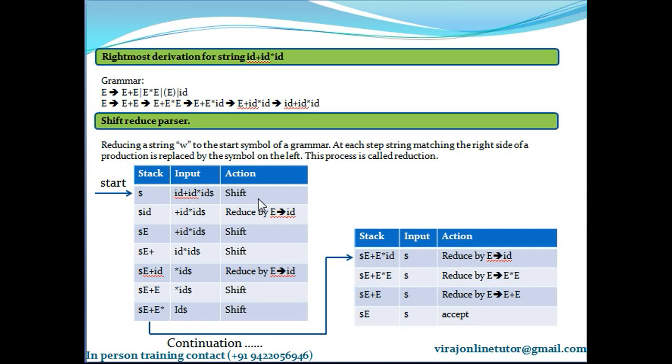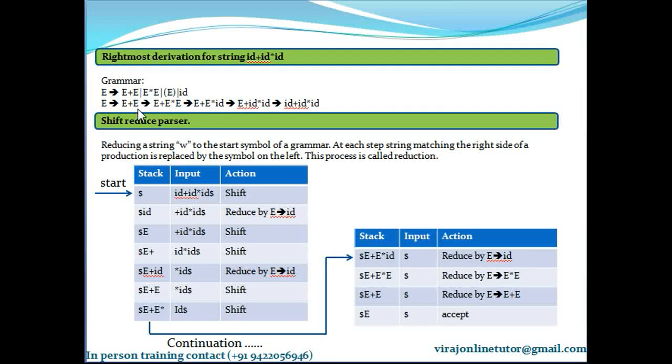Please remember, I'll give you a simple tip as far as this parser goes. It goes in the opposite of rightmost derivation. So whenever a grammar and an input string are given to you, please write down the rightmost derivation of it first. That will definitely help you while parsing using the shift reduce parser. So given this grammar and this string, what did I do first? I wrote its rightmost derivation.